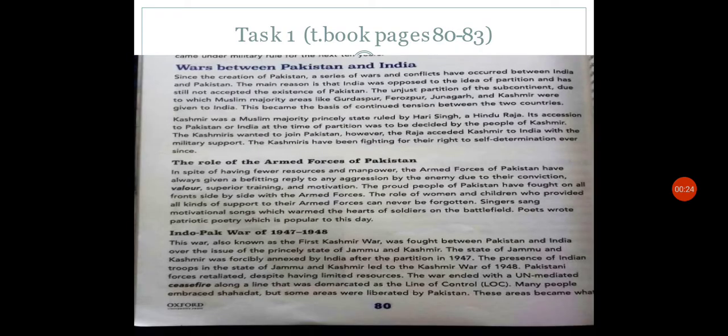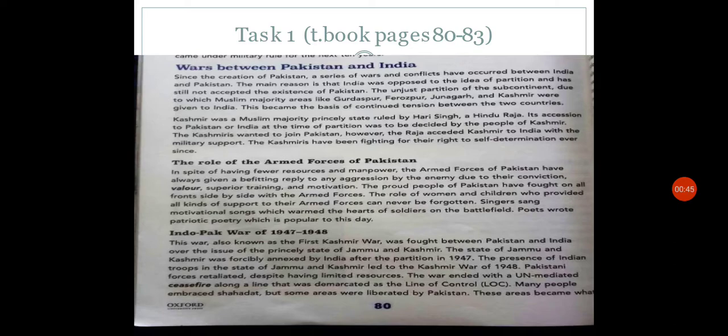Task 1: to understand about the wars between Pakistan and India from textbook pages 80 to 83. Since the creation of Pakistan, a series of wars and conflicts have occurred between India and Pakistan. The main reason is that India was opposed to the idea of partition and has still not accepted the existence